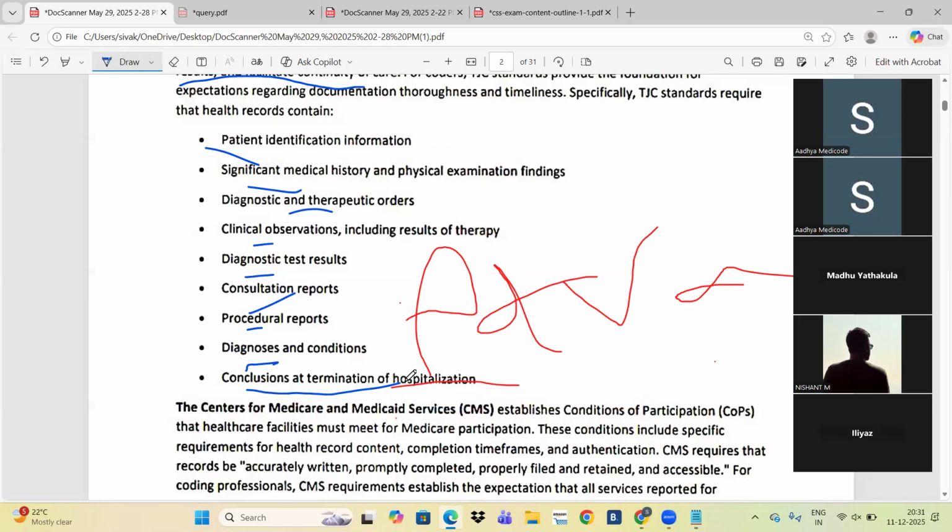The Joint Commission will set some standards for the healthcare record. What is the complete documentation? You will see all these things in your document while you are coding. Yes, we are seeing all the things. First, we need to check the patient name, in the software tool and the document, whether it is matching or not. Any patient name mismatch, everything we can check. No?